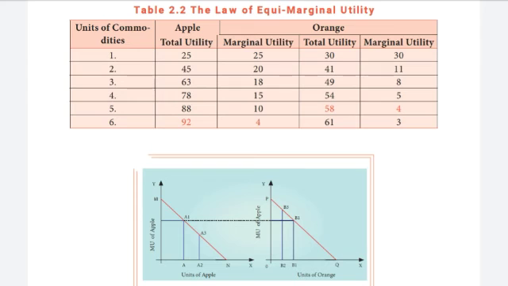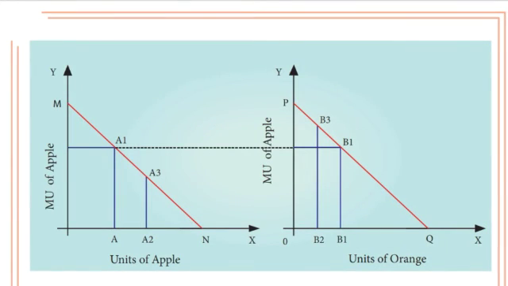Here, marginal utility of apple divided by price of apple is equal to marginal utility of orange divided by price of orange, that is 4 by 1 is equal to 4 by 1. The A2, A3 and B2, B3 lines have not been used for explanation. Diagrammatic illustration. In Diagram 2.3, the x-axis represents the amount of money spent and the y-axis represents the marginal utility of apples and oranges respectively. If the consumer spends 6 rupees on apple and 5 rupees on orange, the marginal utilities of both are equal, that is AA1 is equal to BB1, that is 4 is equal to 4. Hence he gets maximum utility.